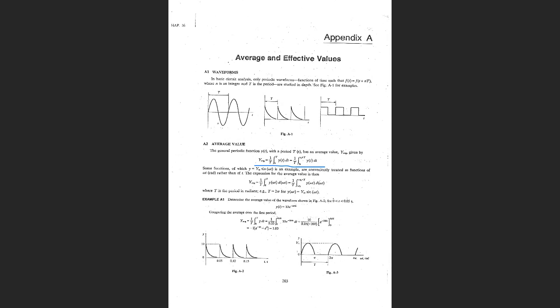However, for sine waveforms, if you use this definition to calculate the average values, we find that the average value over one period will be 0. So therefore,